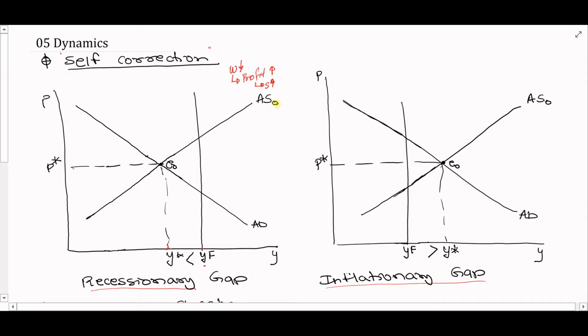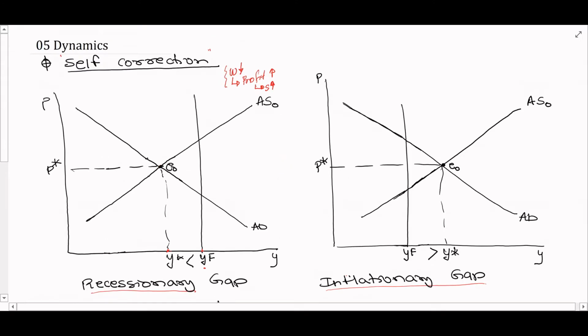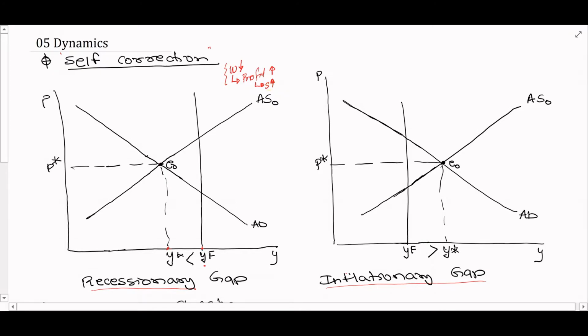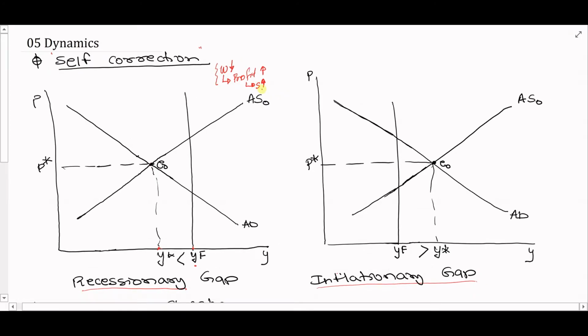So here's our initial supply curve, AS0, and because the actual GDP is below the full capacity GDP, through the adjustment of the labor market, for example, you can think of other resources as well, the overall profitability of the corporations will be higher, and hence businesses would be willing to supply more. And so as a result, supply will shift to the right. More is on the right side, and let's shift the supply to AS1 from AS0, and so the equilibrium moves from E0 to E1.